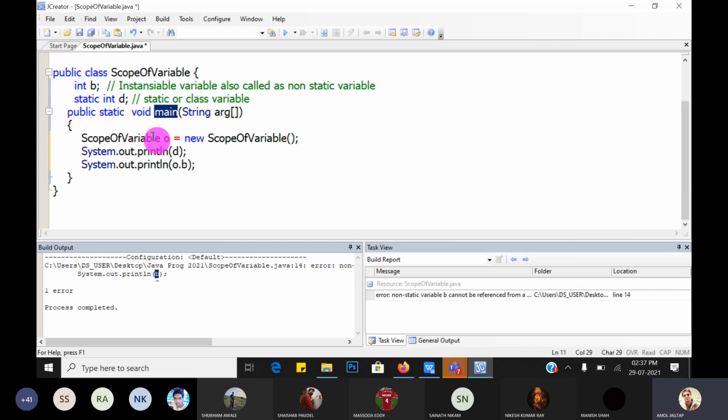Understood, guys? Inside a static method we cannot call it directly, but if the method is non-static, then we can directly call the data member b. I will show you.